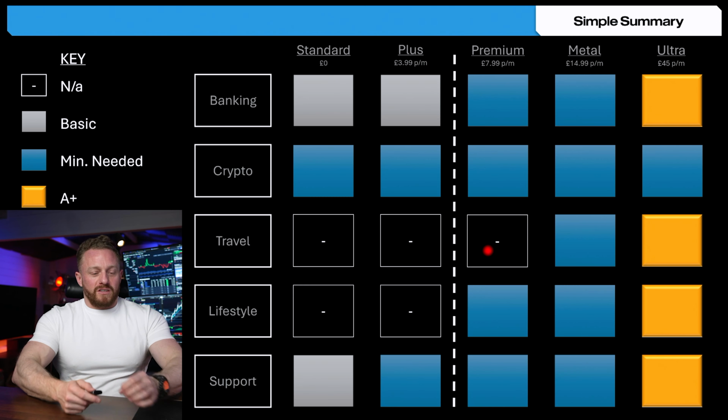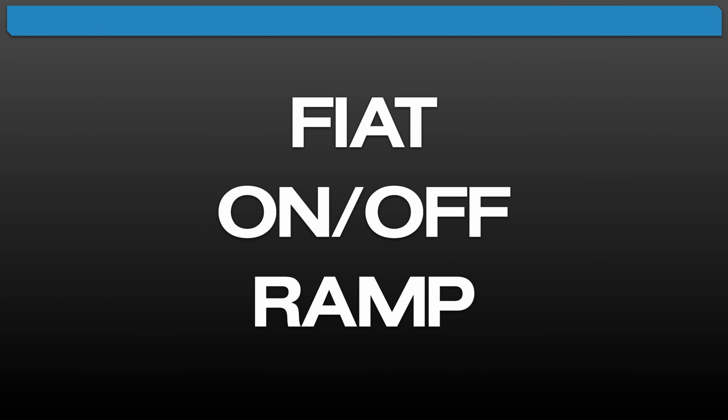But to really understand this, we need to now delve into each topic and understand what you actually get for your money. Starting with the Revolut crypto features. And if we jump onto the Revolut app,